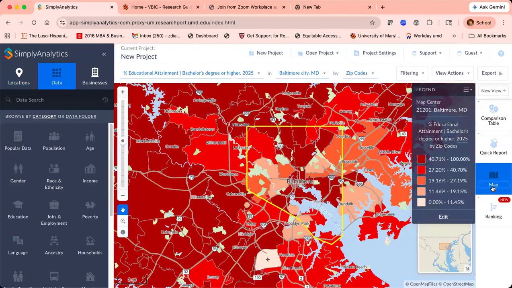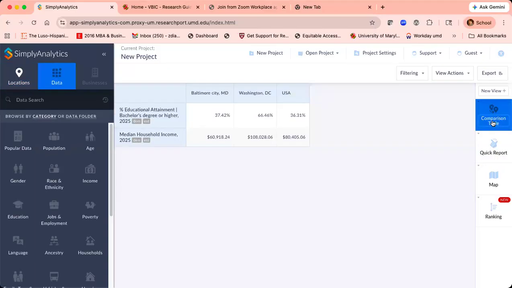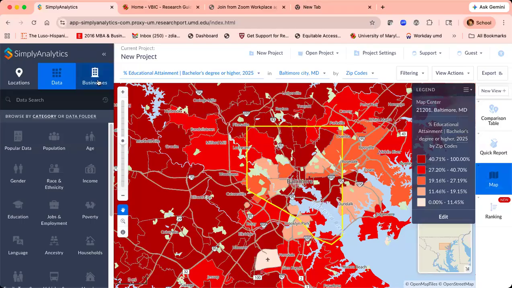You go back to the map, and notice when I click on, let me point you to this because this is kind of tricky. When you are in another part of the report, in the quick report or the comparison table, see how this changes here? You have to be in the map, and then it allows you to move through these other tabs here, especially businesses, which I want to go to quickly. So using the same cities, for example,